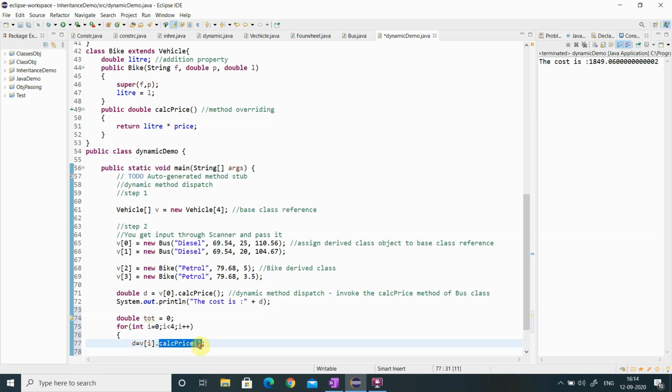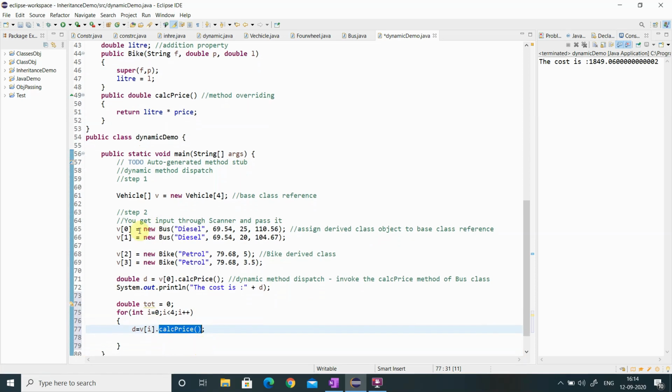So it will take the individual object reference method overridden in the derived class. First time it will take the calculate price of the bus class, next time the bus class again, third time it will take the calculate price of the bike class, and the fourth time the bike class. Based on that it will calculate everything and the total is added here. So I am adding to my total variable.